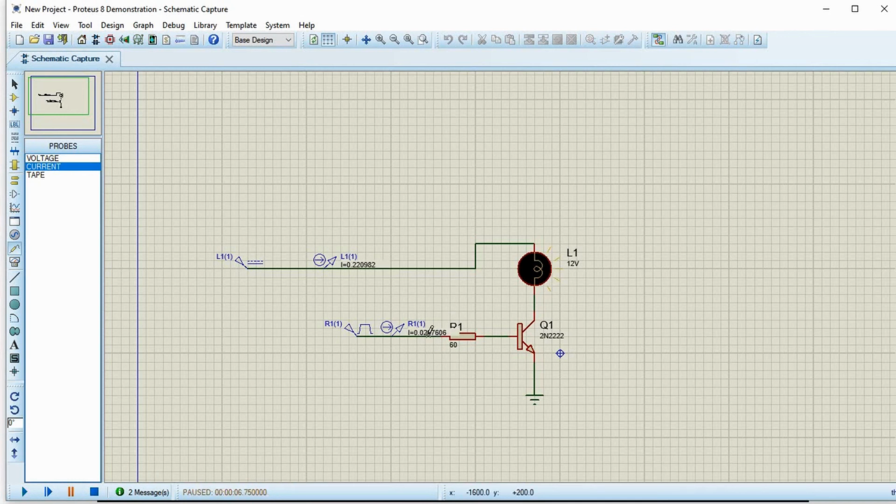With just 30 milliamps of base current, I am able to drive a current of 0.2 amps. So this is what a transistor does with a very low signal: with just 30 milliamps I am able to turn on and off a load which is drawing 0.3 amps. So you can use a higher rating transistor and get a better gain.